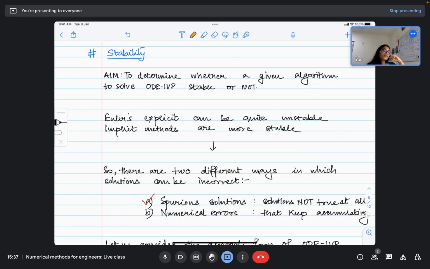Even as we decrease the time step, for a certain instant of the independent variable it will stay close to the true solution, but again it might diverge. Also, the initial guess that we use determines whether the subsequent guesses are going to converge at the true solution or diverge from it. Okay,